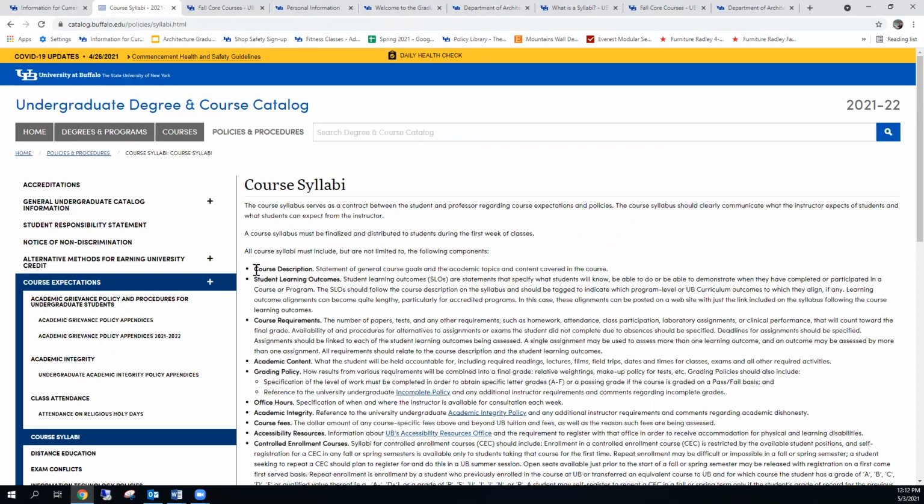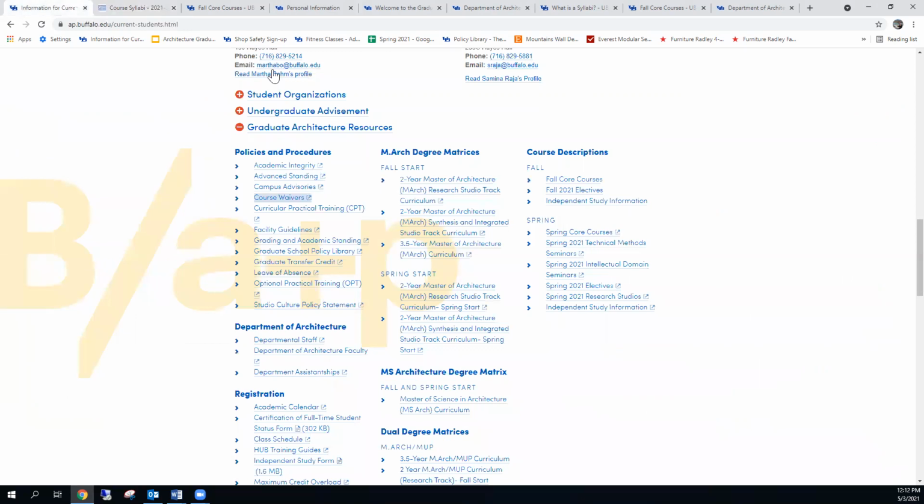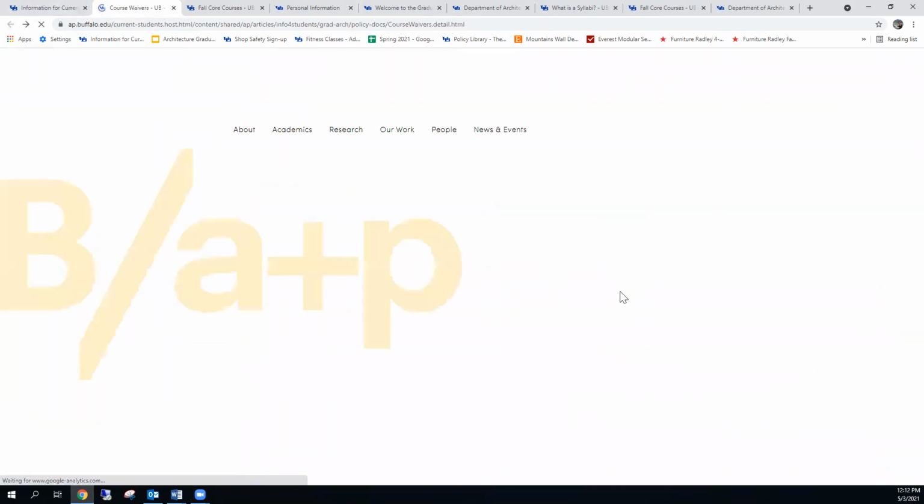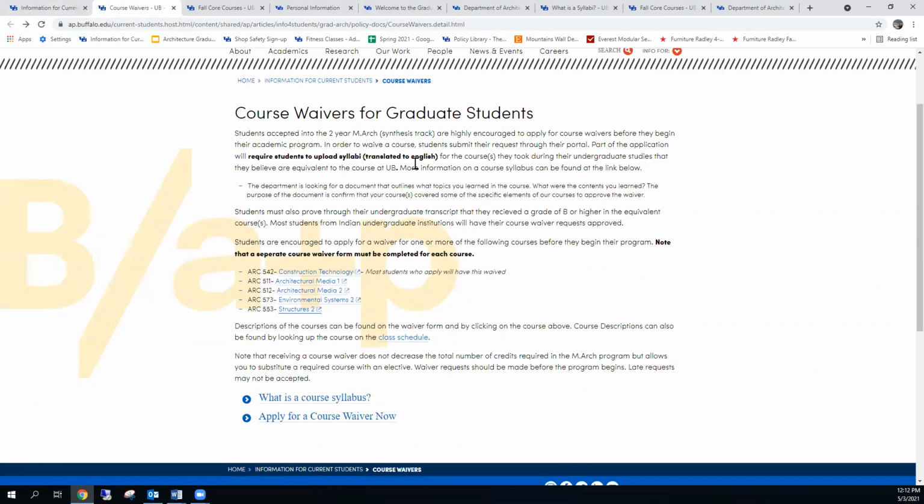Course syllabi are going to have the course description, student learning outcomes, and course requirements. The institute where you took the other course should have given you a document with this information. You want to try to compile that and save it into some kind of PDF form,